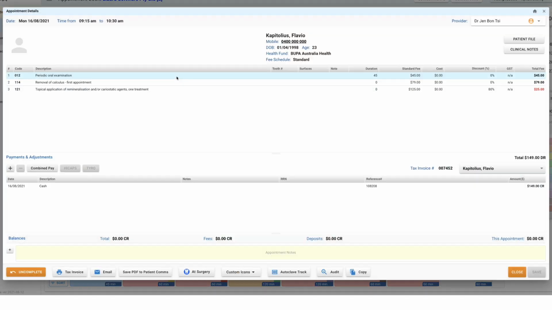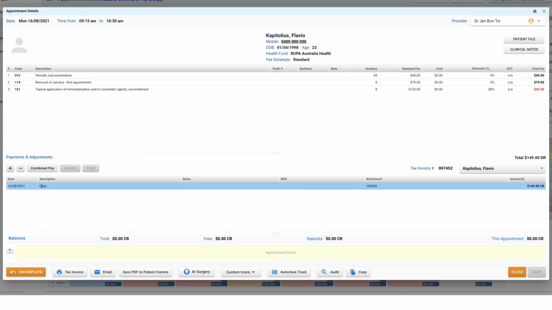Now, a reversal is done by clicking on the item in question, so this transaction, for example, cash, and then clicking on the minus button. That is going to reverse the transaction. This is not a refund. So this is not giving any money back to the patient. Essentially, this minus button, which we use in payments and adjustments as a reversal, this is saying we never received